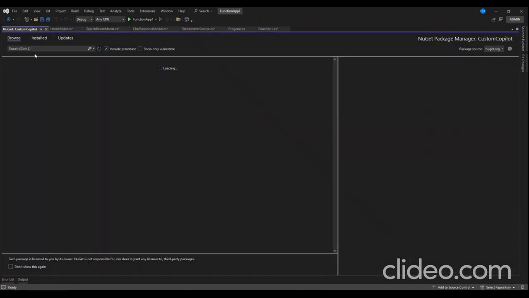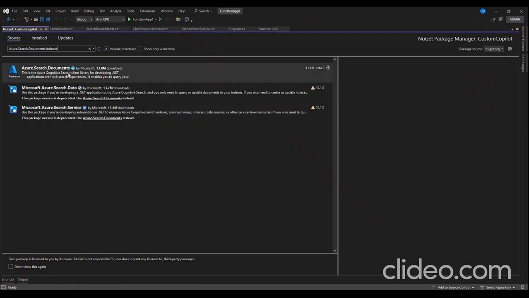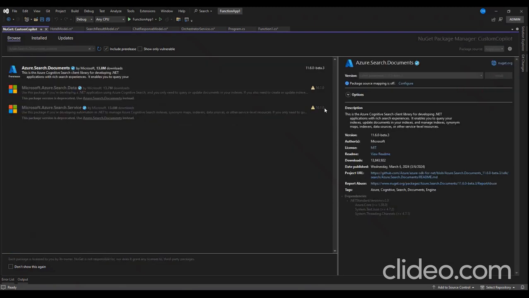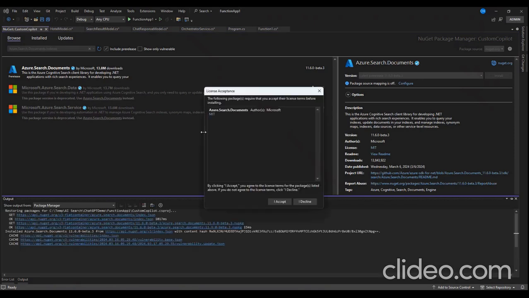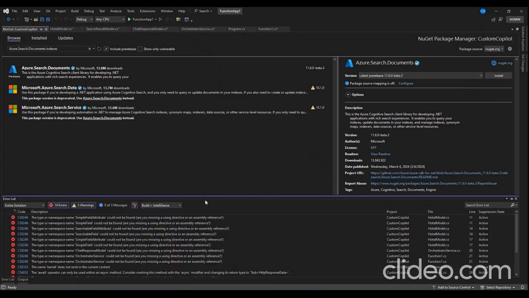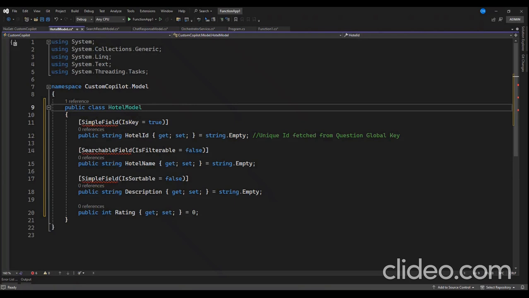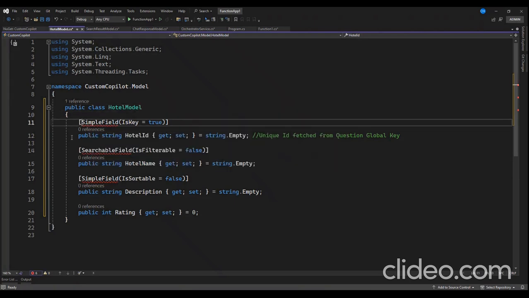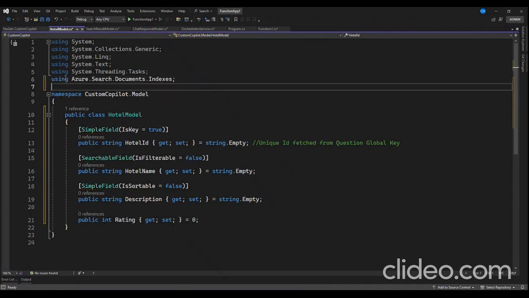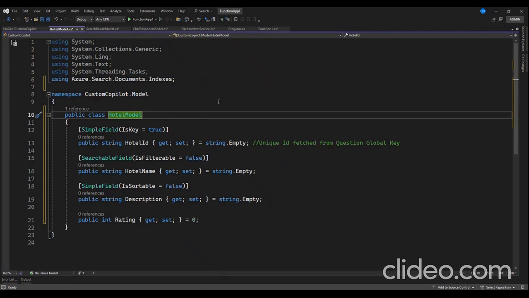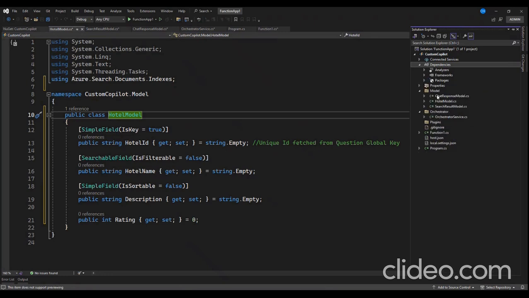NuGet package. Let's go there. Azure search document indexes. Let's install it. Let's add the reference here. Yep, it's resolved. So now, if we see in the folder structure under the model,